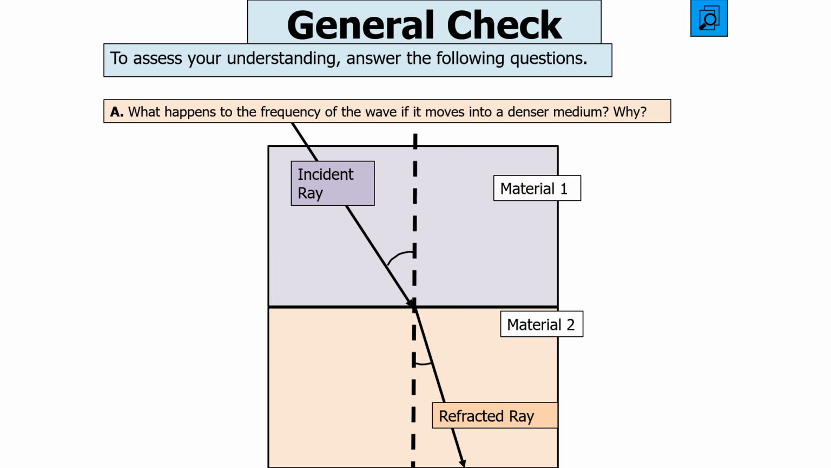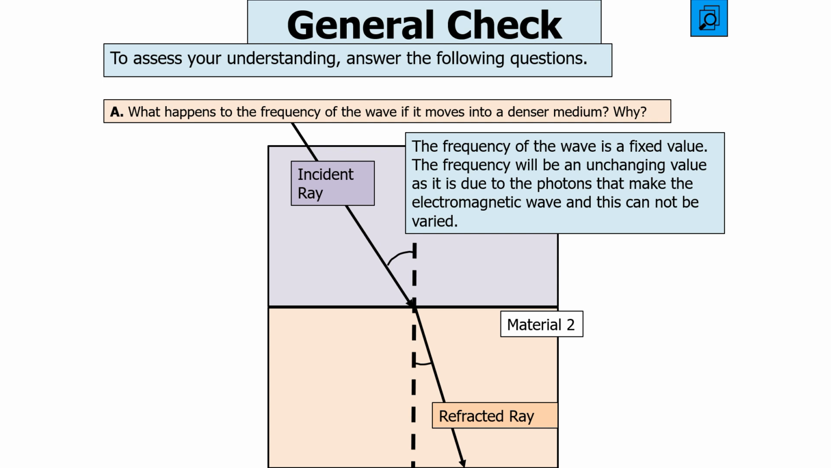The next question says, what happens to the frequency of a wave if it moves into a denser medium? Pause the video now, then unpause the video when you want to go through your answer. The frequency of a wave is a fixed value. The frequency will be an unchanging value as it's due to the photons that make the electromagnetic wave,